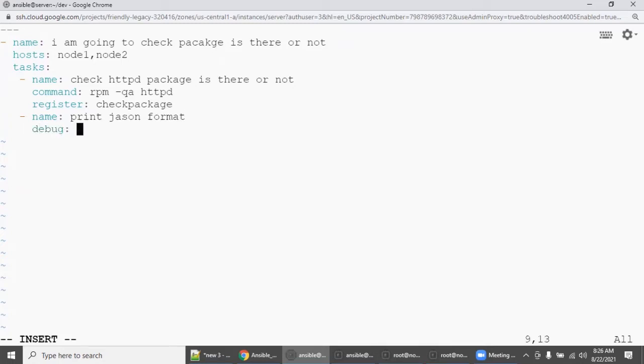In the debug module, there are two sub-functions, one is msg and var, right? With msg, you give some sentence which will be printed exactly, like a print command. But var will ask you for the register name. Check package. That's it. So save it, enter.